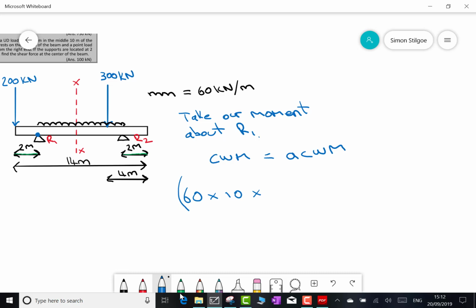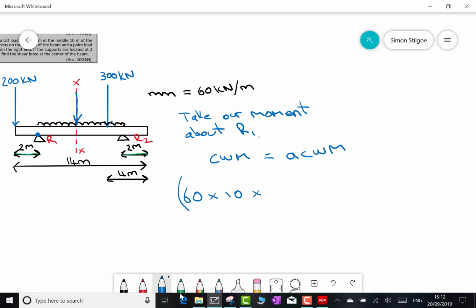So if I split the difference on that section, it would be 5 meters to the right of R1 to get to the center point of the distributed load, which of course is the dead center of the beam. So I can replace my distributed load of 60 kilonewtons per meter over my 10 meters, and I can simply replace it as a point load here